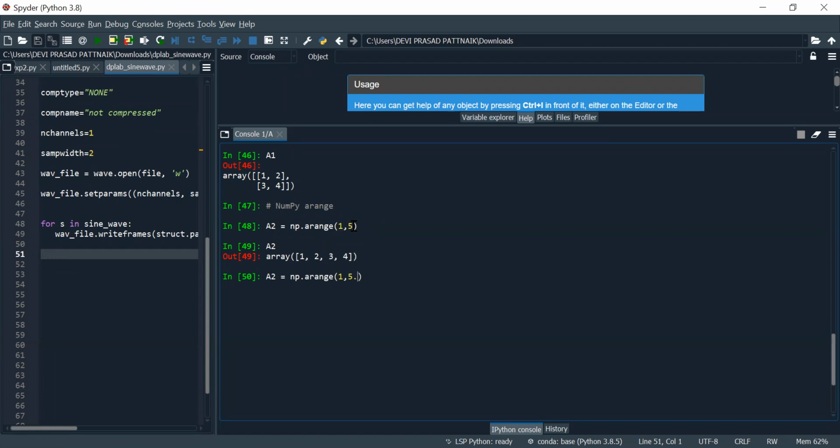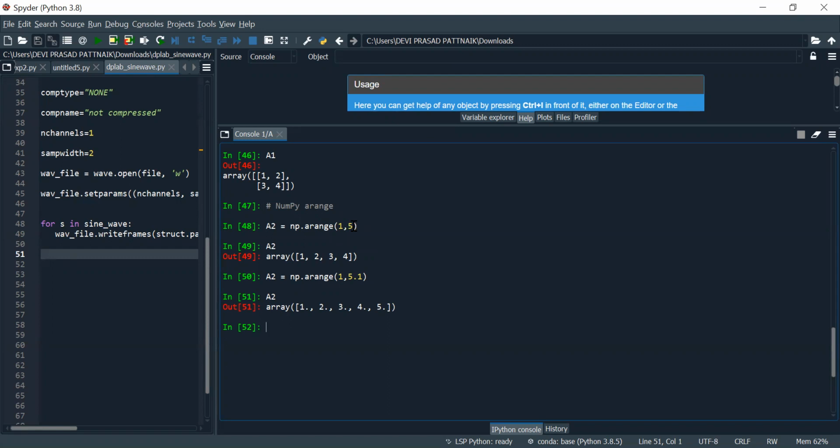If I write 5.1, what is it giving? I've written 5.1 or 5.01 or any value greater than 5. Let's check. It is able to make an array with values 1, 2, 3, 4,